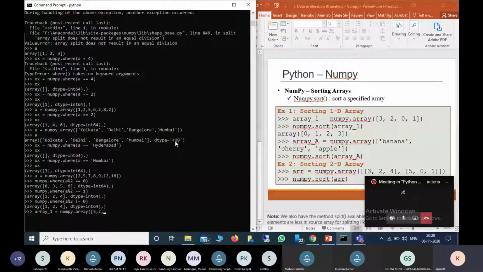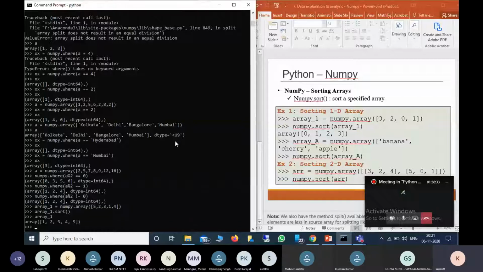Okay. So now we want to sort them. So what we can say is array of 1 dot sort. So what you get in array of 1 is 1, 2, 3, 4, 5.